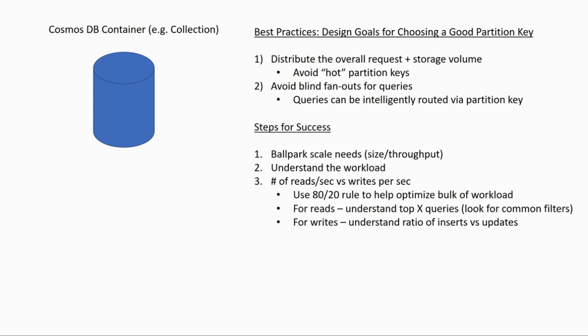So given these design goals, how do you actually set yourself up for success? The first thing you want to think about is to ballpark the scale needs. How much storage and throughput do you actually need? The reason you want to look at this first is that it will determine the number of underlying partitions, and as a result, it'll also tell you how much you need to be concerned